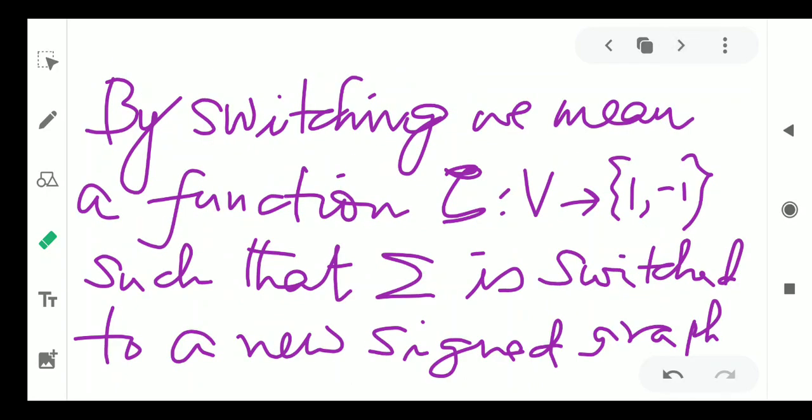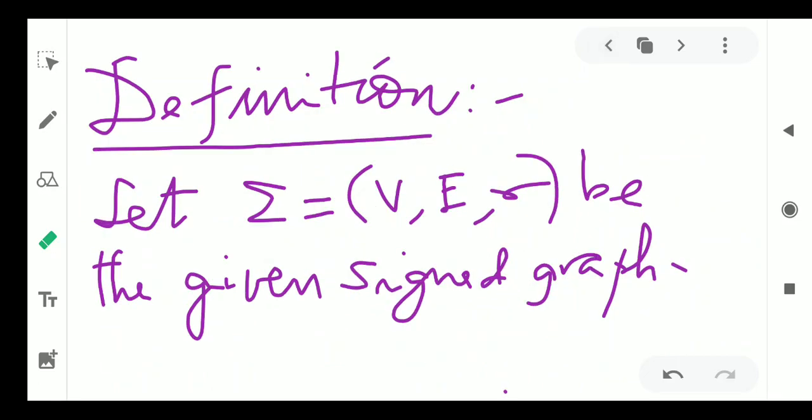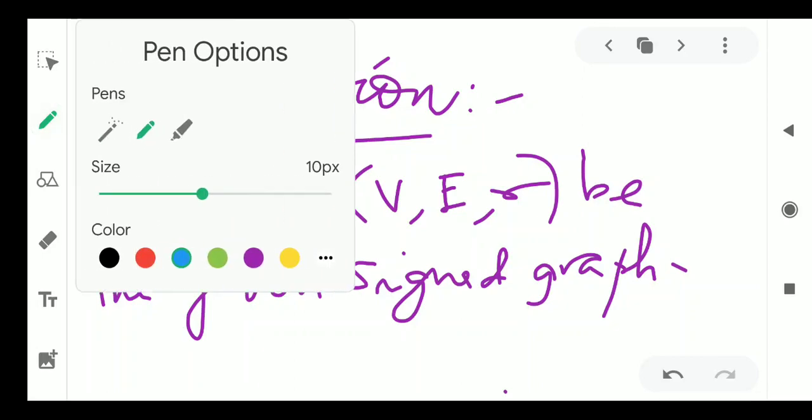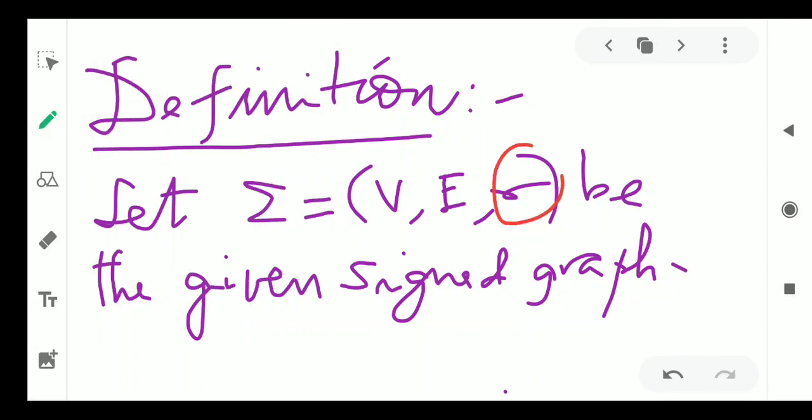By switching we mean a function zeta from the vertex set to the group {1, -1}. So I mentioned the group here because this notion will be extended to gain graph by replacing that group by gamma. Okay, so remember this: sigma is a function from the edge set to {-1, 1},